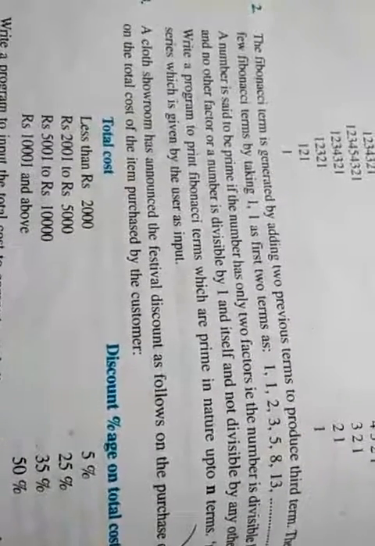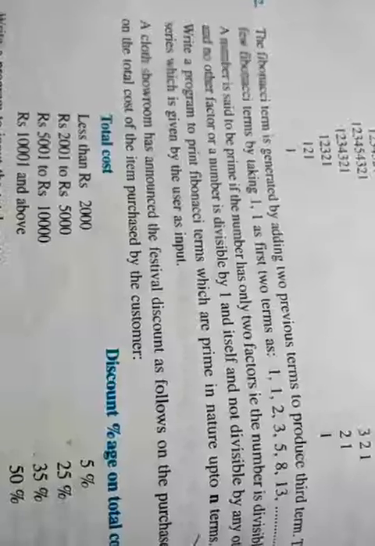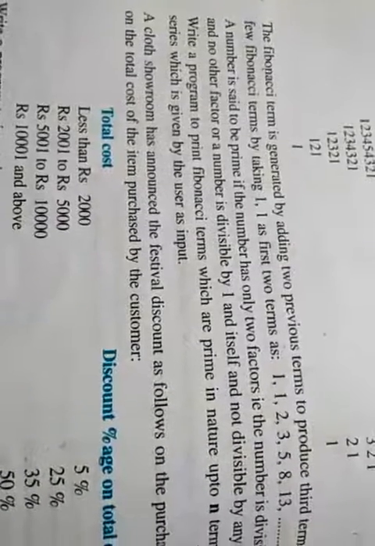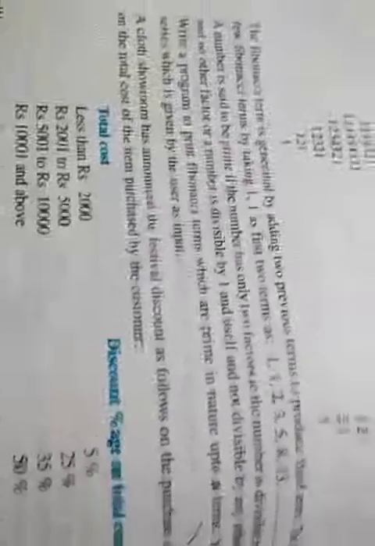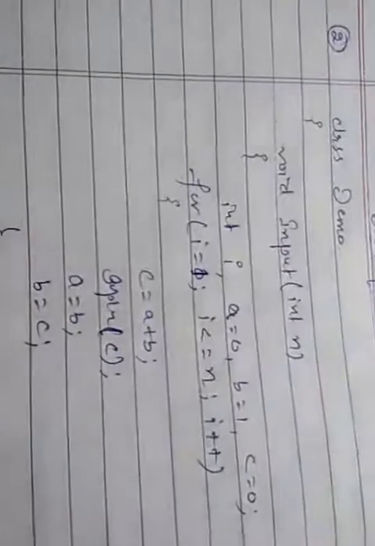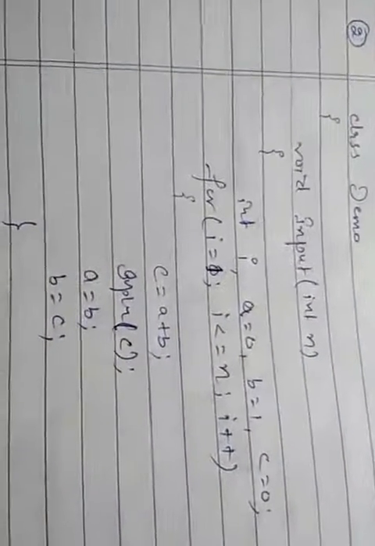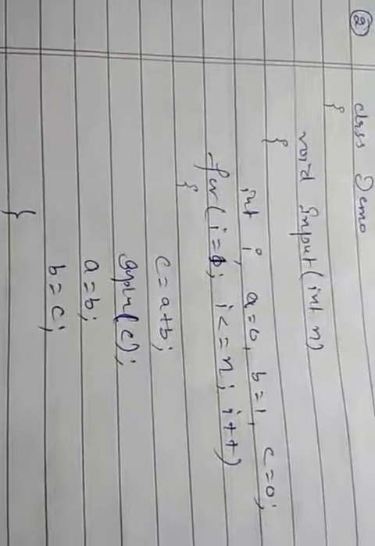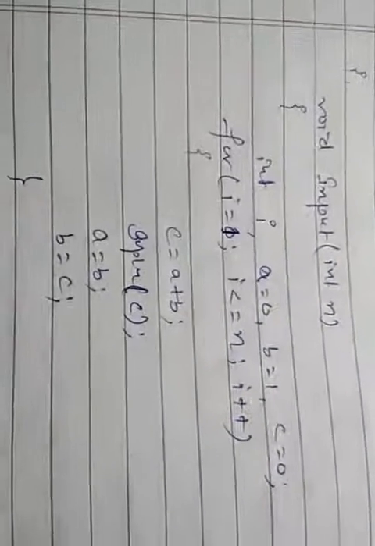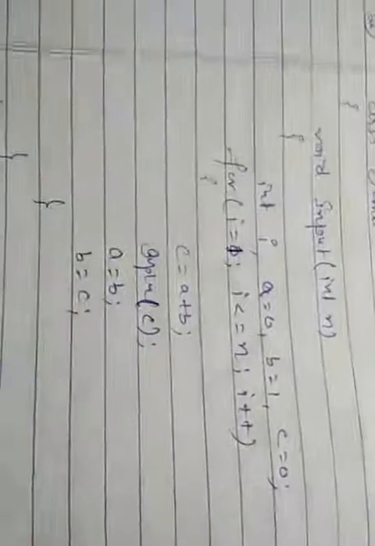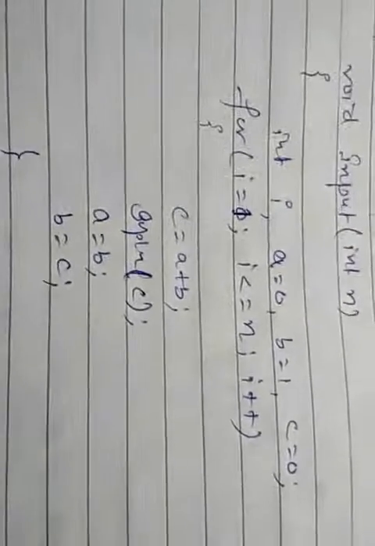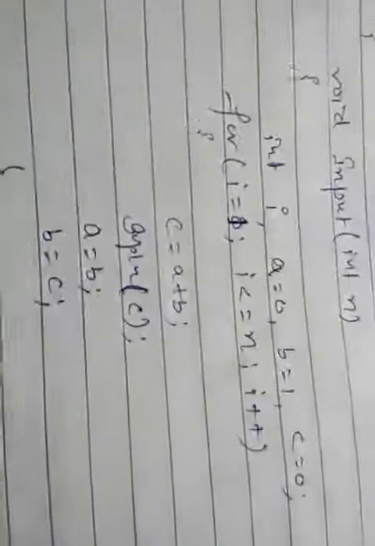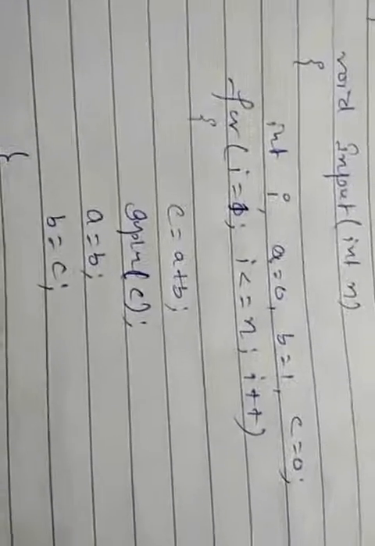So the question number one is you have to print the Fibonacci series till n term. In this question, we are printing the Fibonacci series till n term and the value of n should be input by the user. So what do you mean by the Fibonacci series? Fibonacci series is the sum of previous two numbers. And here the series should come from 1, 1, 2, 3 and so on, which is given in the question.